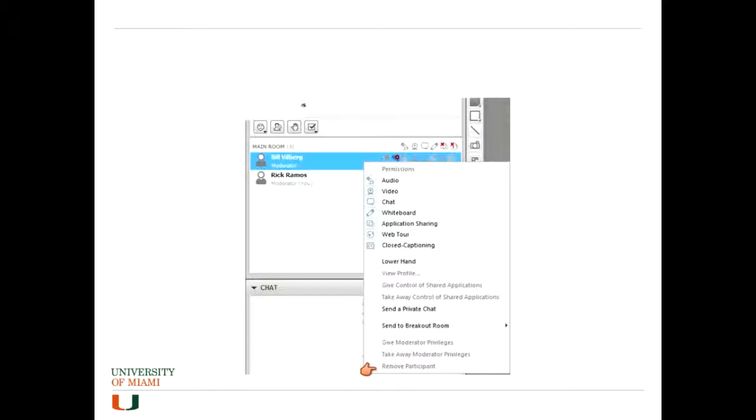One of them in specific is here at the bottom. It's to remove the participant from the session. This is very important. If you're recording it, make sure that you don't have anybody left in the session. Otherwise, the recording would not be available to you until they log out of the session. Can you log them out? Yes, by clicking here. You right-click on the name and select the last option, remove participant.